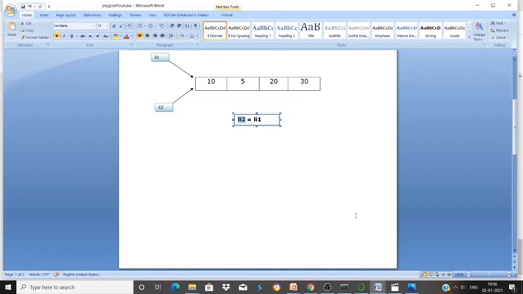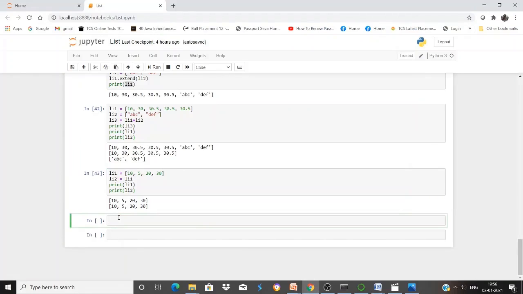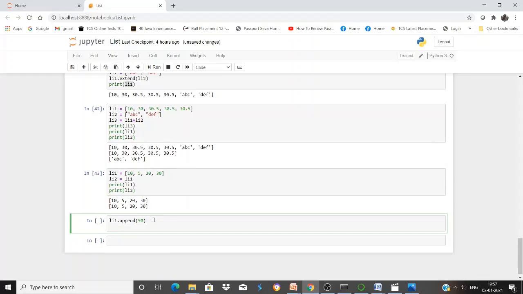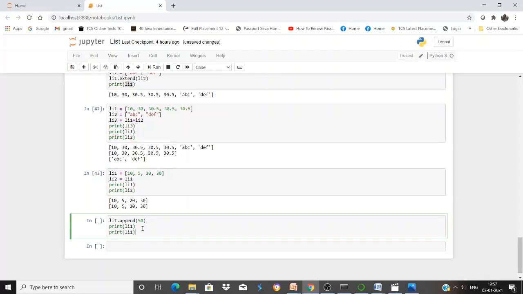So let's verify that. Let's say we make a change in li1. Let's say we append a value to the list li1. Let's append the value 50, and then let's print both of them, li1 and then li2. And if we run the cell,